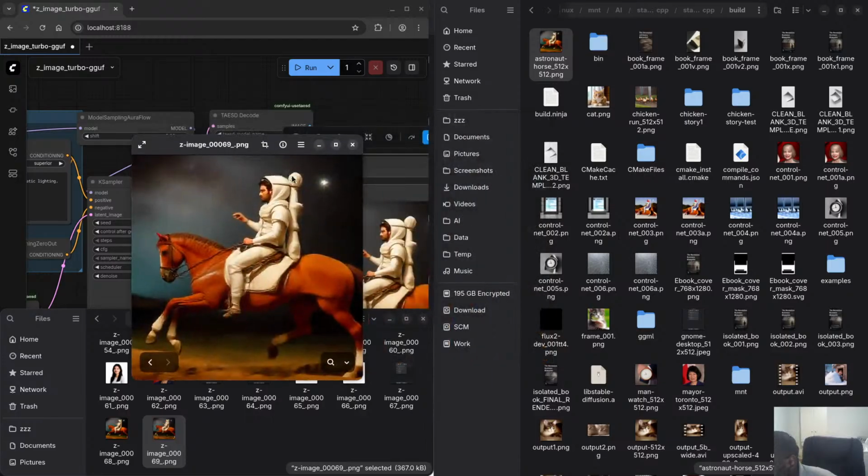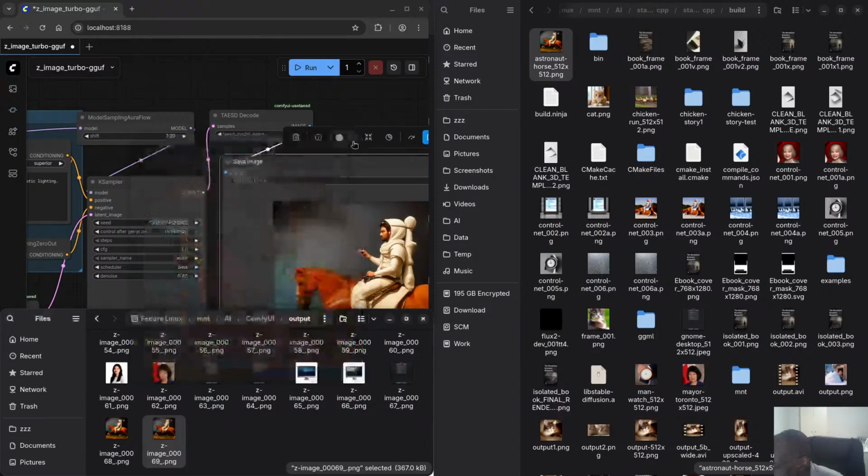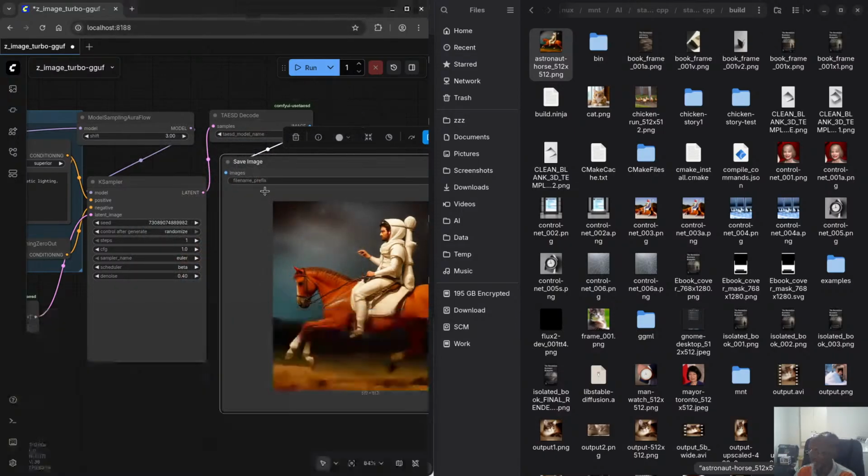Wow, not bad. Not bad at all. Honestly, that's not bad. So I said, the denoise will let you, the lower the value,